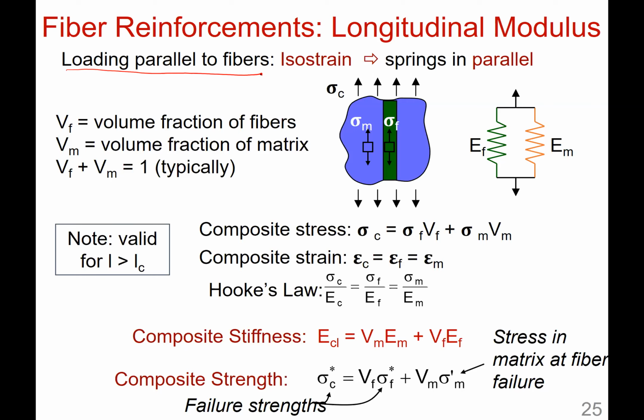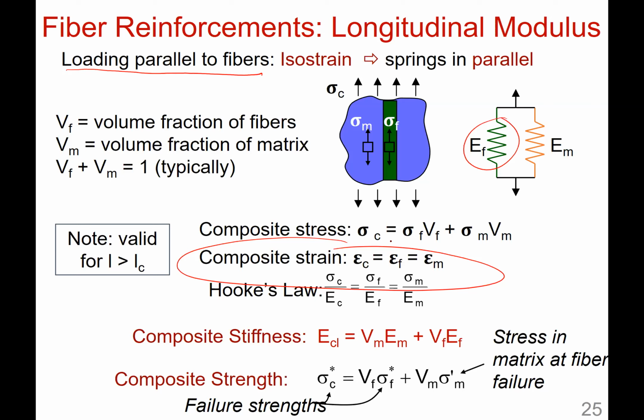So if you treat your material as something cartoonish with some spring constant here, what you see is that if your material is experiencing the same amount of strain, so it's isostrain, once you pull on this material, the fibers are aligned in the same direction, your matrix is surrounding it, and the displacement in the atomic positions is the same. So that's isostrain. If you have that, then all the strain is going to be the same, but your stress